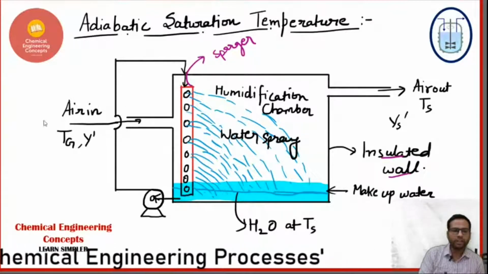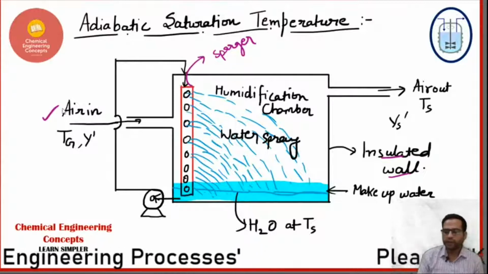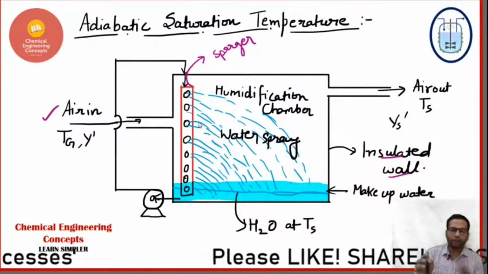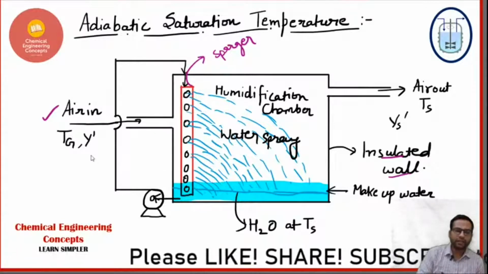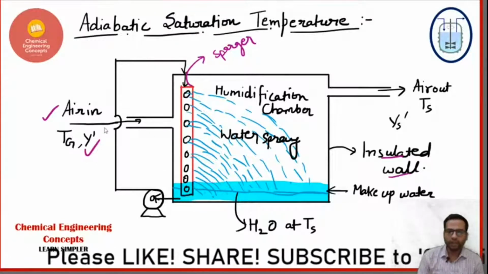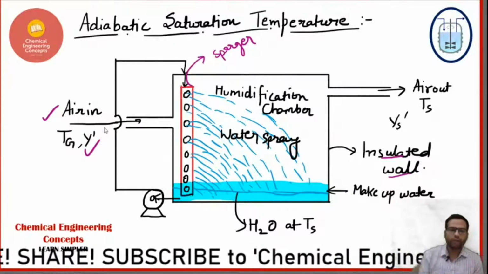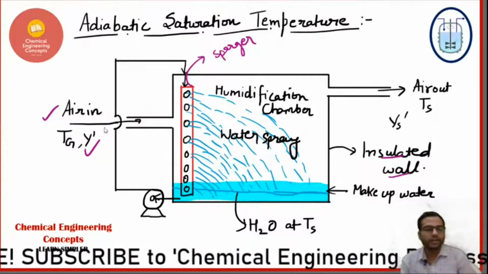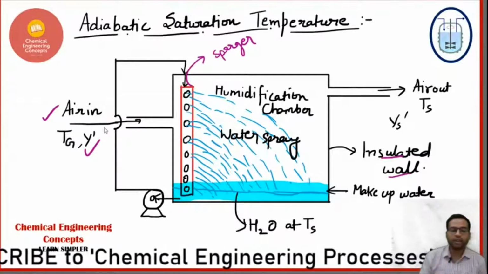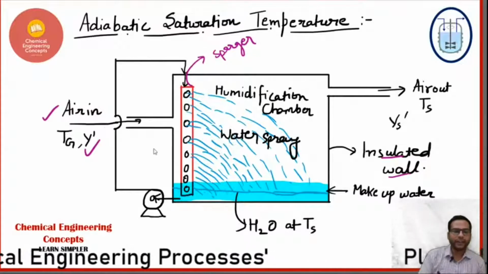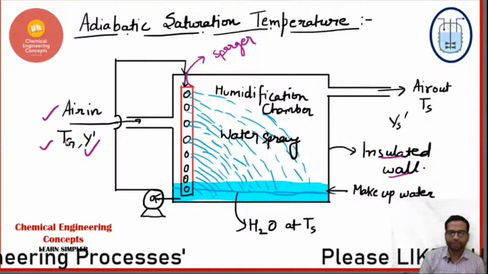And you can see this air, okay? So we have some air which is coming inside this chamber and obviously it is at some humidity, ठीक है? उसकी कुछ humidity है, okay? Some amount of moisture or water vapor is there in this air which is being inlet to this chamber, right? And it has a temperature of Tg.